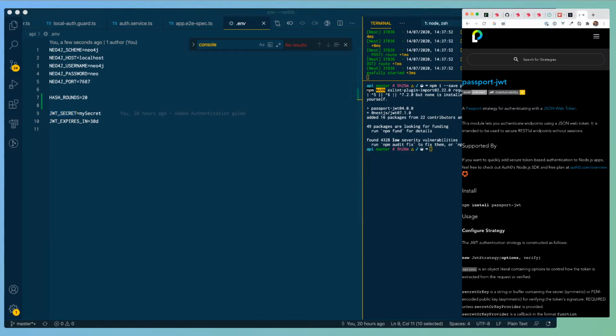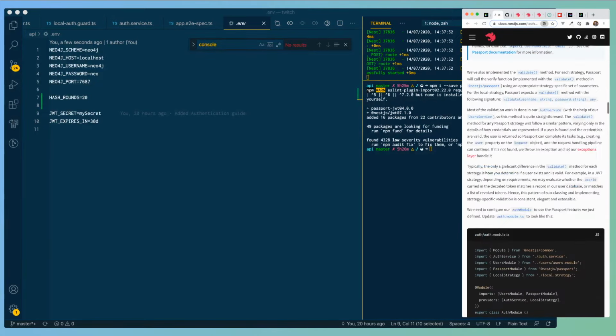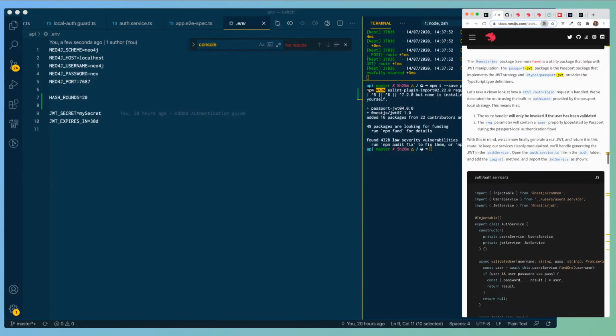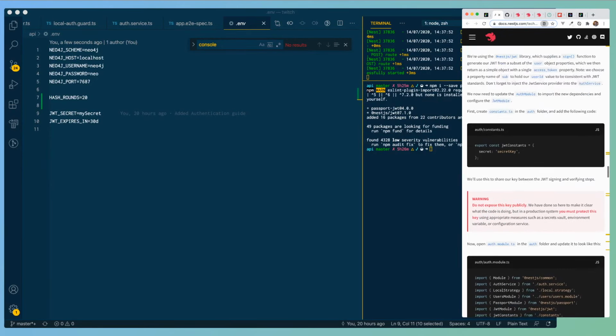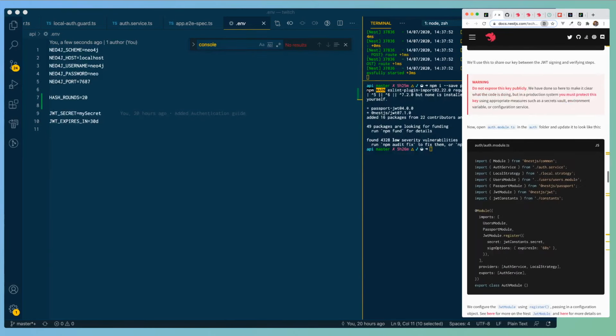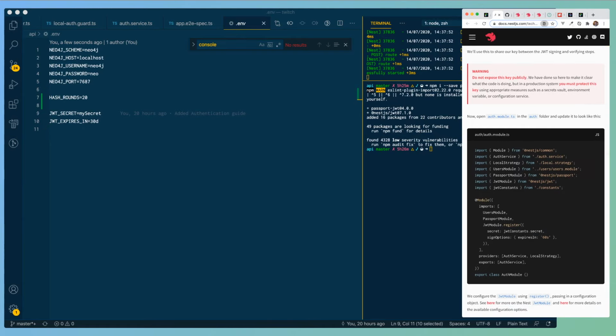So if we look at the Nest.js passport documentation and look for the JWT in here, basically what this does is it creates a JWT constants variable at the start, keeps the secret inside there, and then registers it using a require. We're going to take that a step further and just use the config service from the outset, which is a little bit easier to do from the start. So if I open the auth module,